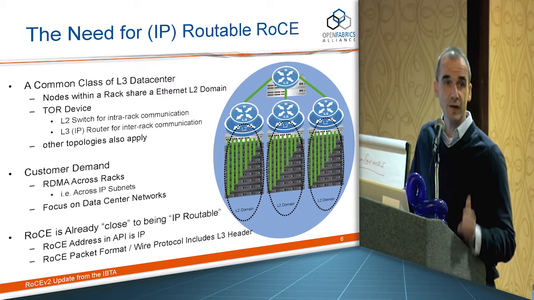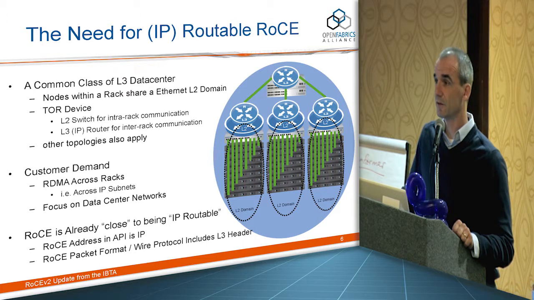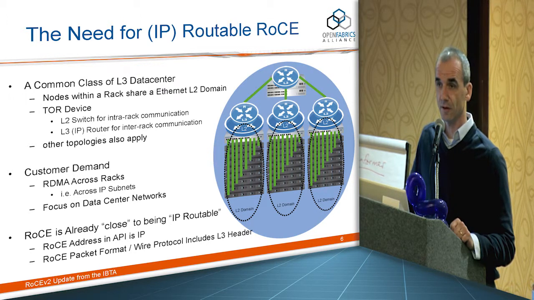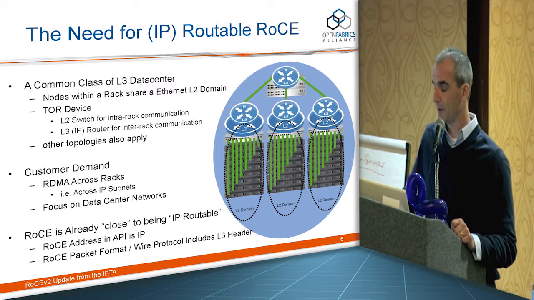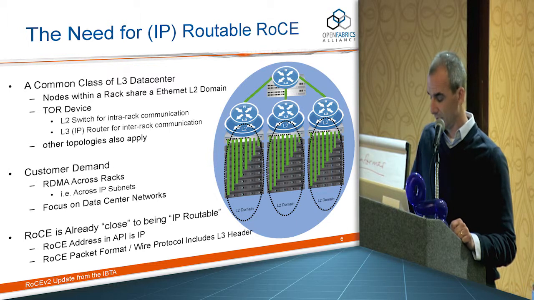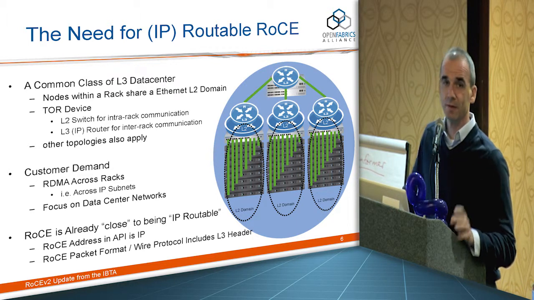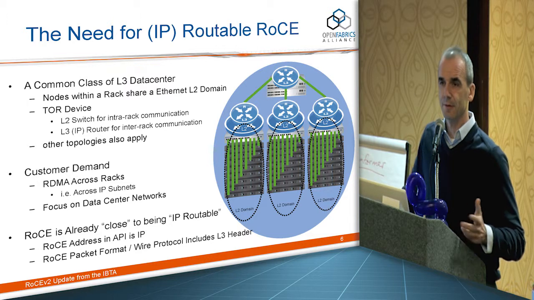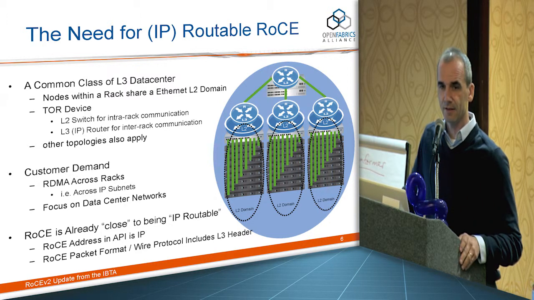And people that want to make use and take advantage of RDMA in this context don't want to be limited to do RDMA within their single rack. So that's where the need for IP routable RoCE arises. Now, when we look at the problem and at the RoCE spec in particular and how we do RDMA, we easily identify that the request is not so hard to